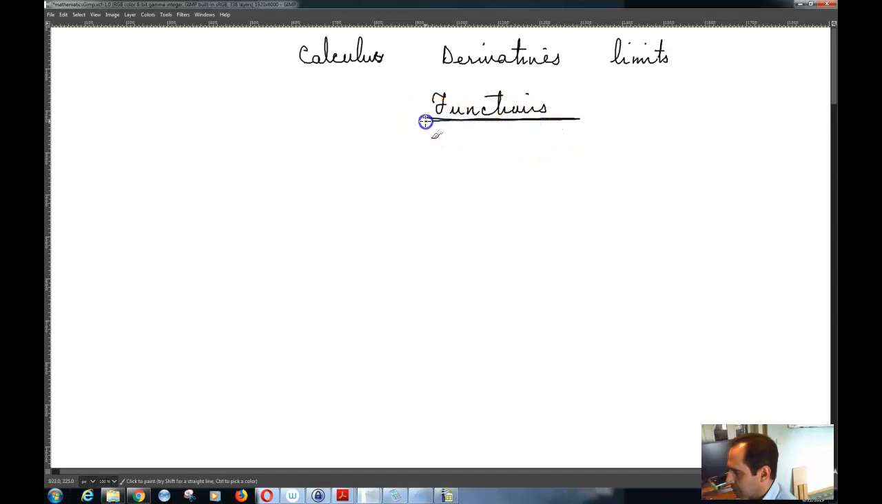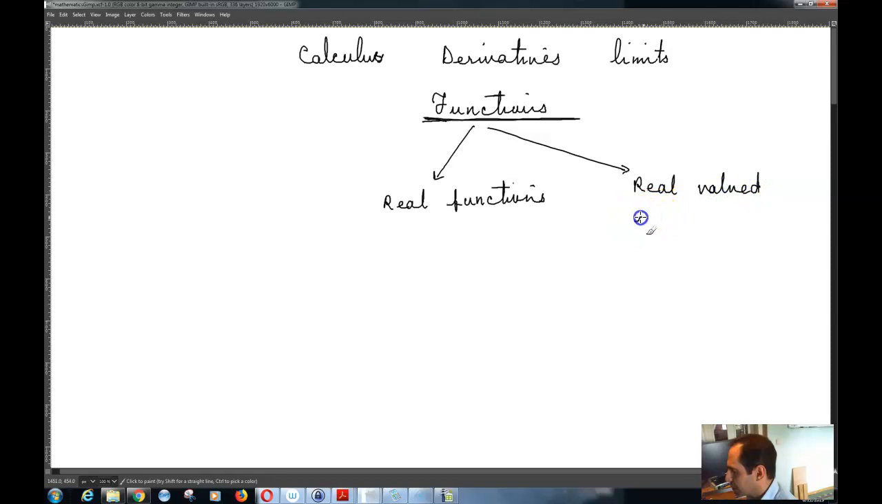And then there are loosely two types. Of course there are many types of functions, but loosely, what is relevant here is some type of function which is called real functions, and there is something else called real valued functions. So what you want to do here